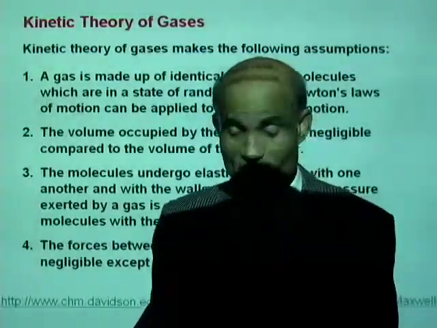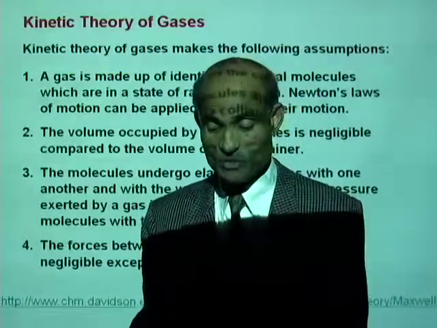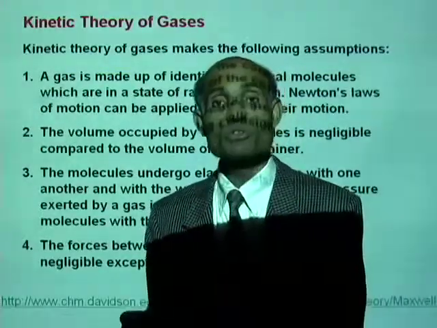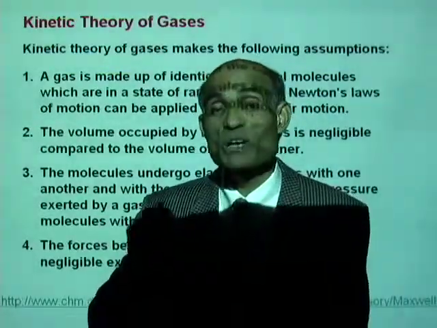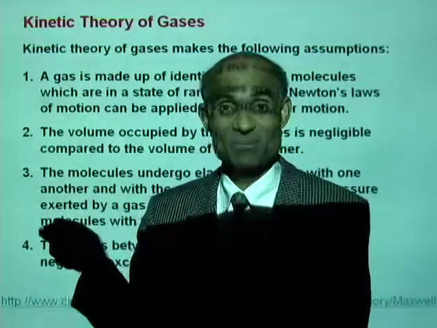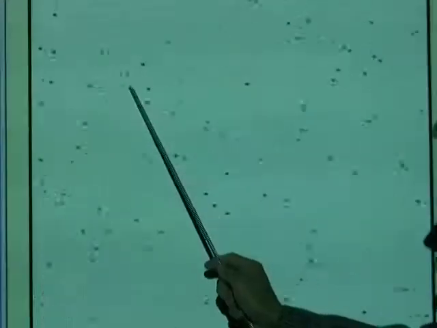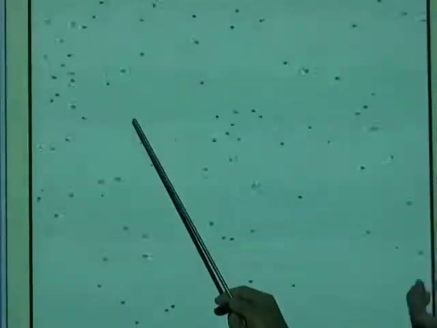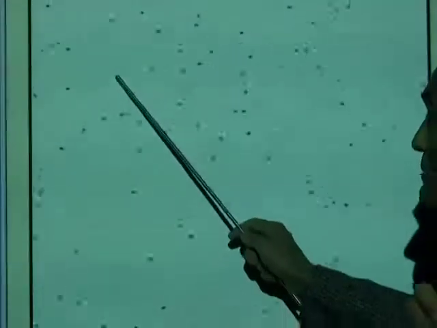Well, we had actually looked at how gases behave when I showed you how temperature depends on the kinetic energy. Now here I have an illustration of the assumptions that we made. That the gas molecules are spherical and they are in a state of random motion. They hit against each other. They hit against the walls of the container.